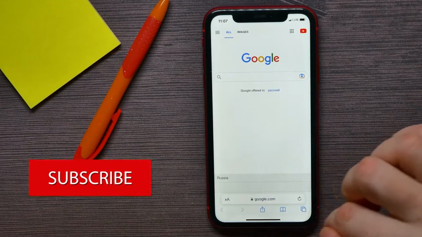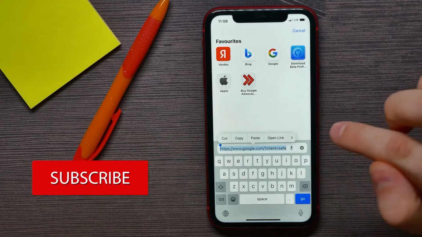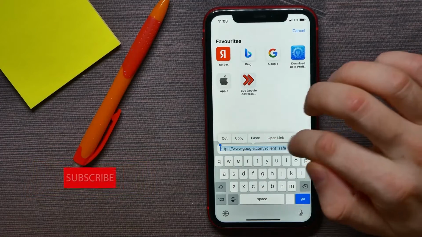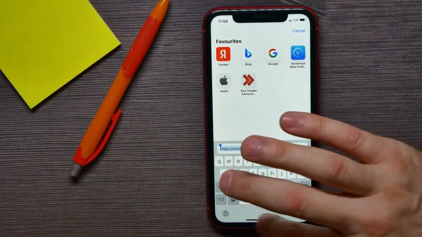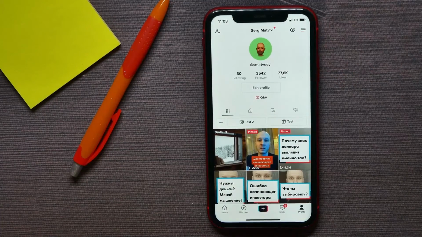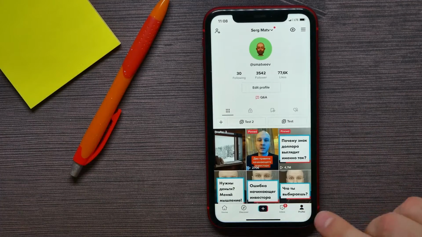Here I can tap on google.com, and here I can tap on the URL once and hit copy to copy that link to clipboard. Now I can go back to TikTok and all you have to do there is hit on your profile